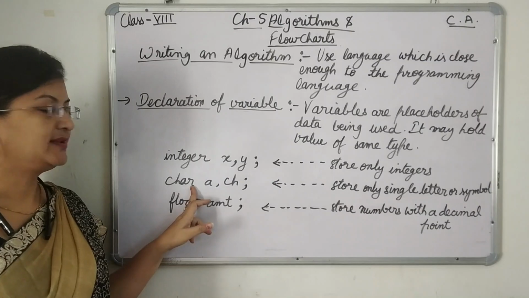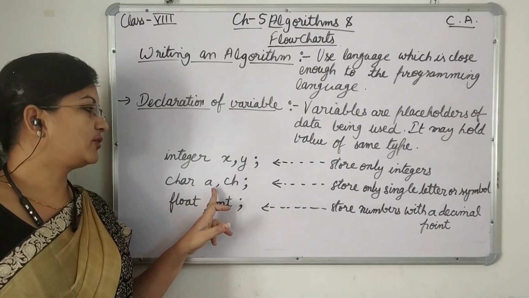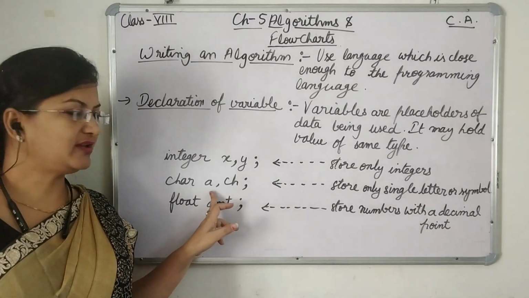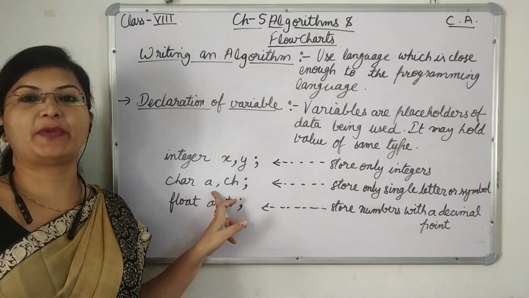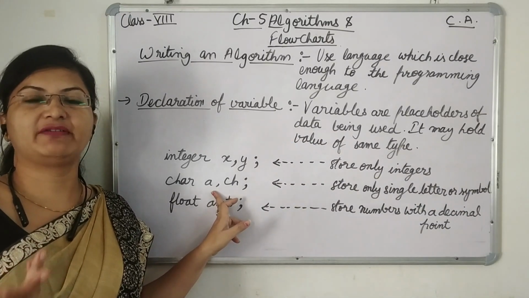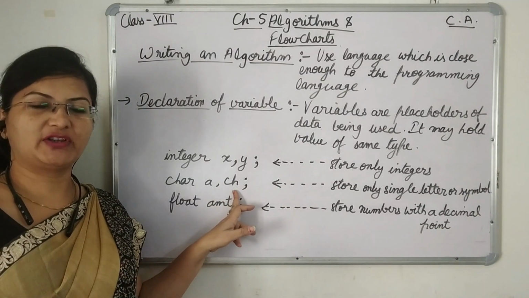Now character. Okay, this is char. Its full form is character. Char will store, there are two values. You can write one single value also. It is as per your requirement: how many variables you want, how many values you want to store. So here they are simply explaining with the help of examples.